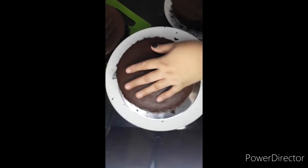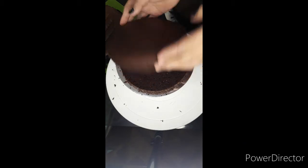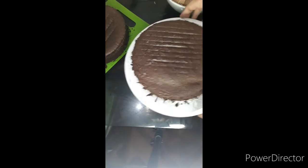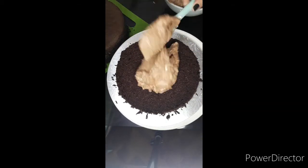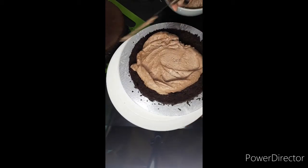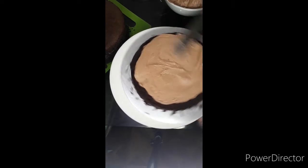This is the 7-inch cake. We're going to cut it in half as well, and then we're going to fill the cake with our frosting. So here I have chocolate mousse filling. This is going to be the filling of our cake. And so what I did here is I melted the chocolate, and then poured it into the whipping cream while